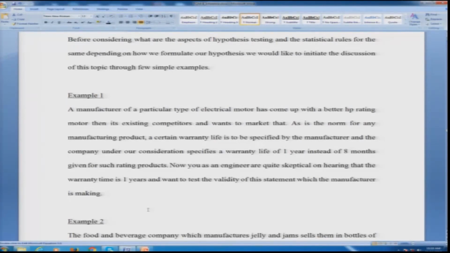Now, you as an engineer are quite skeptical on hearing that because none of the motors till now had a warranty life of 1 year. So, you want to test the validity of the statement which the manufacturer has made. This is the background of the problem based on which we will try to discuss hypothesis testing. So, this is example 1. Example 2,